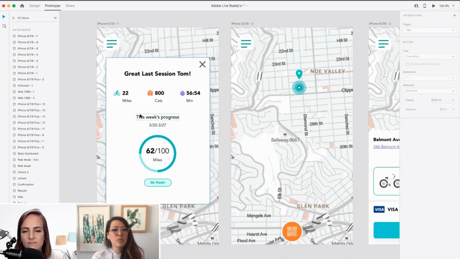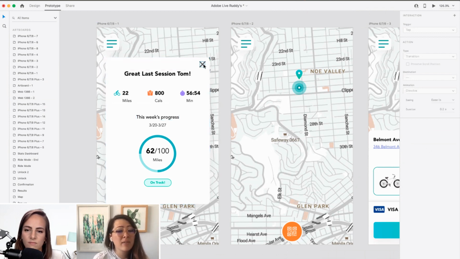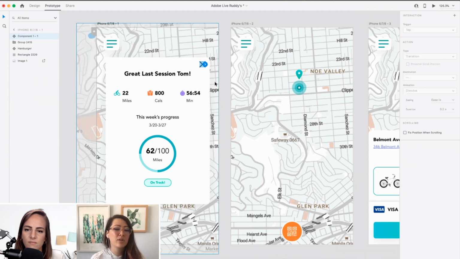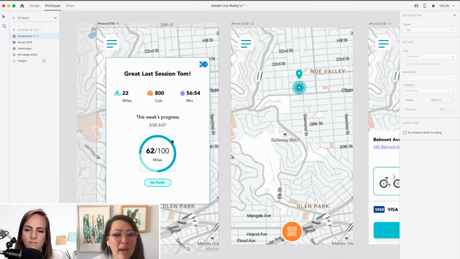So this is when Tom first arrives onto the app for the day, and it's just giving him the stats on his previous week. He's probably going to want to exit out of this really quickly and move on to reserving the bike. So we want to make sure that we have an X, an ability for him to exit out of the pop-up and move on to the next step. I'm going to talk a little bit about the reasoning why I place certain buttons here from a UX perspective and what I'm thinking about for the user when I prototype. He might spend a couple seconds like, yeah, right on, I'm on track. Or if he's not, he'll exit out of this very quickly.